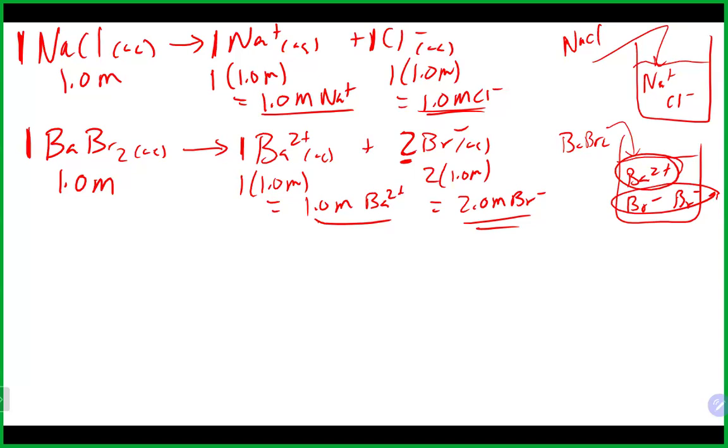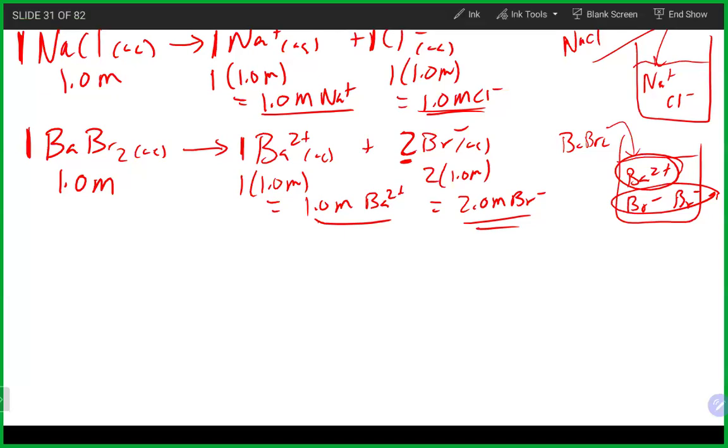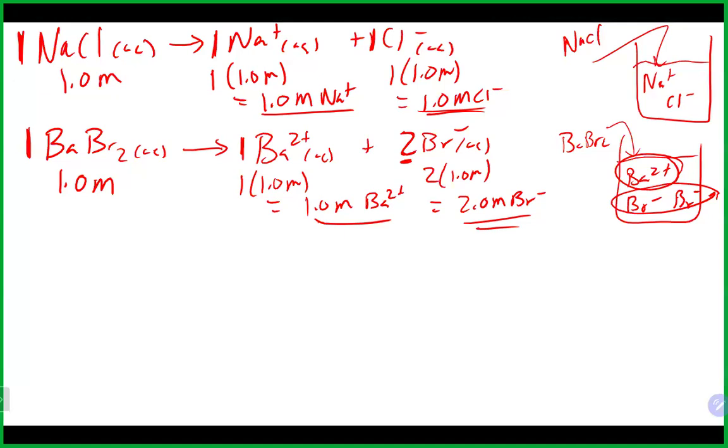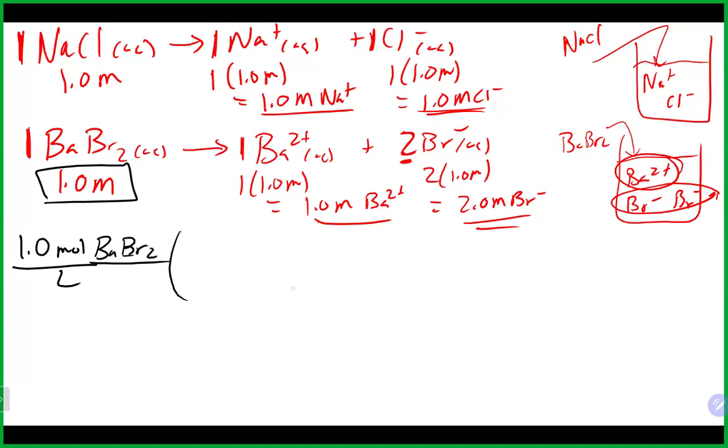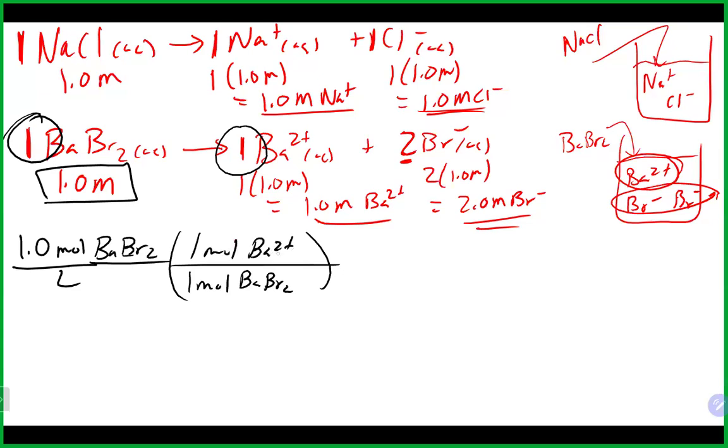Basically what we're doing here when we multiply by 1 or 2, we'll take the barium bromide as an example. So if we took our 1 molar barium bromide, that would mean we have 1 mole per liter of the entire thing. And really what we would do at this point is just a basic mole to mole relationship, 1 mole to 1 mole, just like in stoichiometry. And we would do 1 mole, the whole thing gives us 1 mole of the barium ions. Moles of the whole thing cancel, gives us 1 mole per liter of barium ions, which is our 1 molar